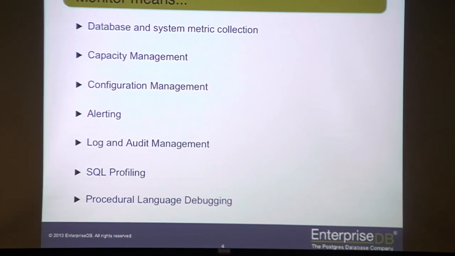You can run alerting from the statistics that are collected. So if you find things that are out of whack, we can send SNMP traps or emails, tell you what's going wrong so you can go and investigate further. Logging and audit management, just mentioned. SQL profiling will help you analyze the SQL as it's running through your database server so you can see why queries are running slowly. You can see what queries in your workload are taking the most CPU and I/O resources, etc. And we've got obviously debugging for procedural languages, which has recently been rewritten and added back into community Postgres,